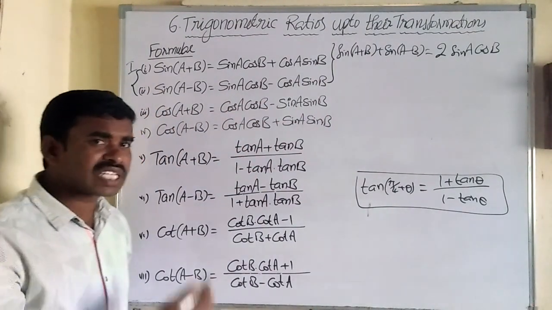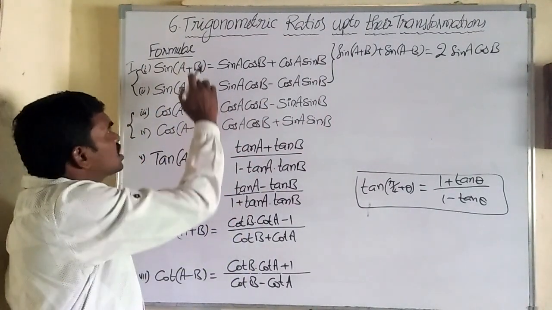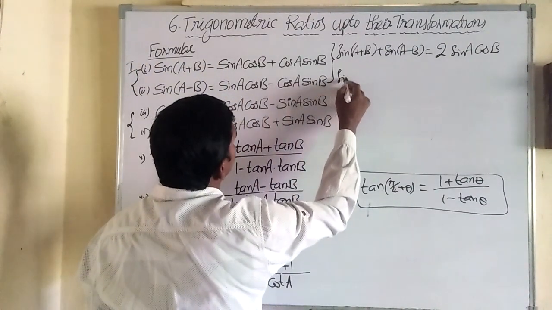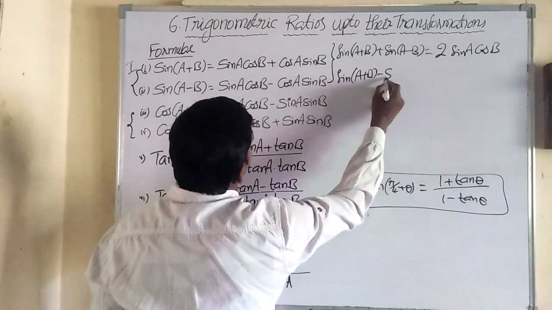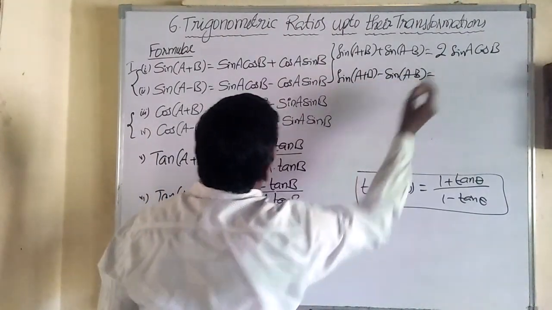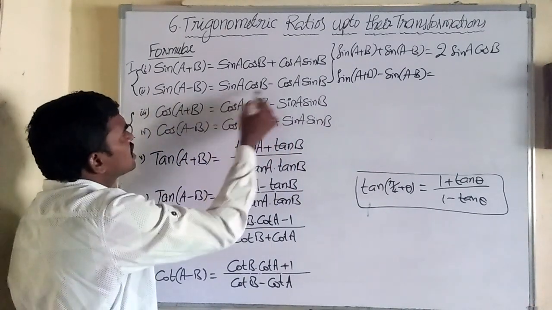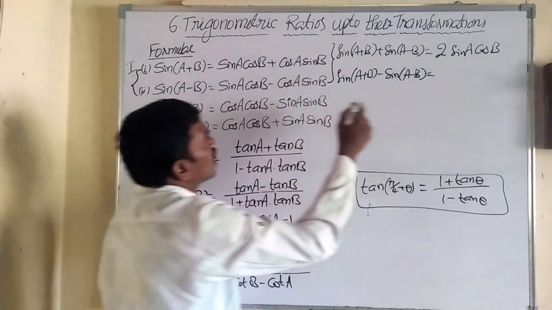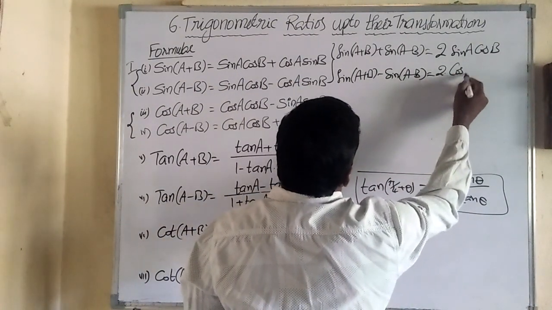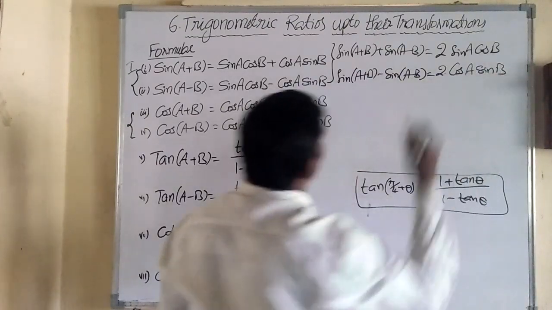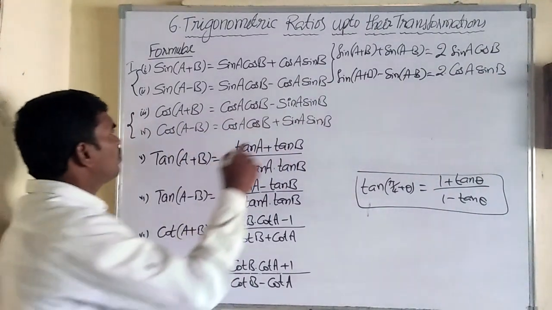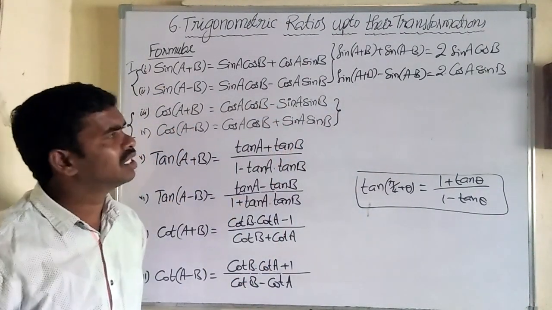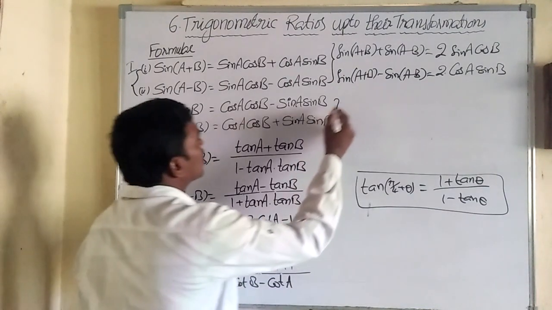If you subtract, first one minus second one, we get sin of a plus b minus sin of a minus b is equal to, see, when you do minus, it becomes plus. So plus and minus cancel, both are positives, and 2 cos a sin b remains. So we formed two formulas. Like that, if you add these two, you will get two formulas. If you subtract 1 and 2, you will get another two formulas. Okay? You can find it.